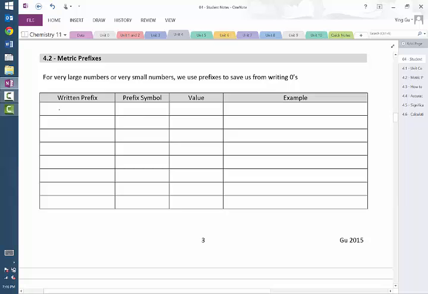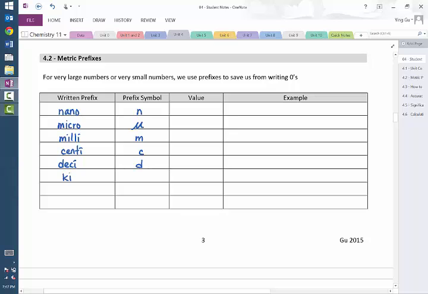First one I'm going to write down is nano, symbol N. Next one is micro, symbol mu. Mu is just the letter U with a little funky tail in front of it. Next one is milli, symbol M. Next one is centi with C. Then we have deci, D,